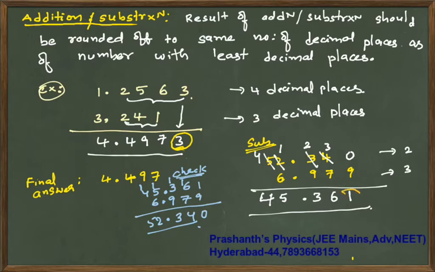Now if you round off to two decimal places, one is non-zero digit and it is less than 5. So your final answer is 45.36. Okay, right? So this is how you are supposed to give the answers. Okay, copy it, and those who are watching, pause the video clip, then we will continue.